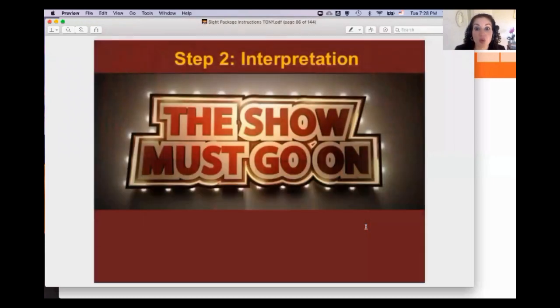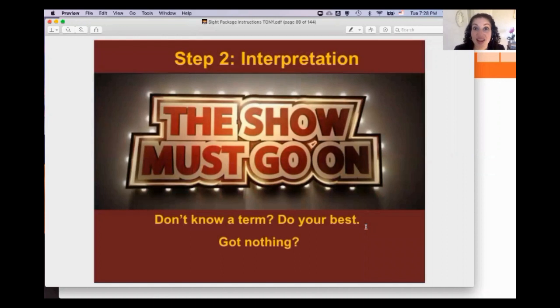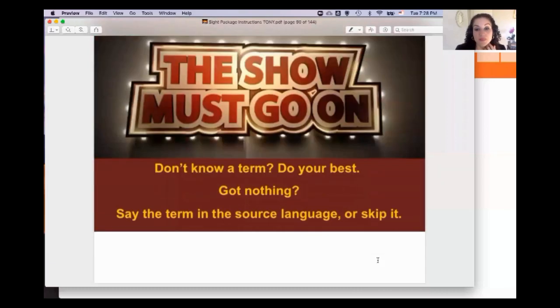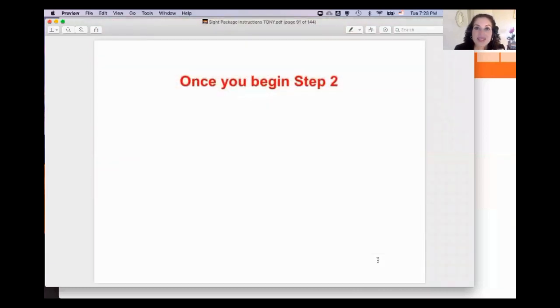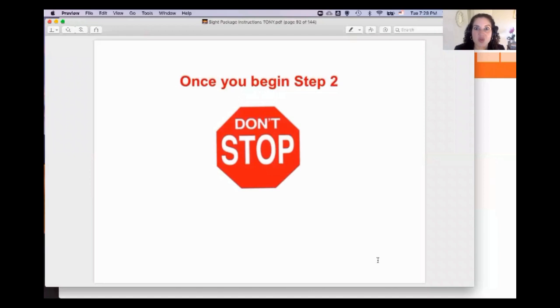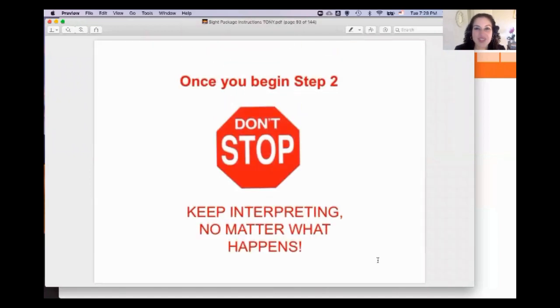Once you begin interpreting, it's showtime. Don't stop no matter what. The show must go on, okay? If you don't know a term, you do your best. If you've got nothing, you say it in the source language, just the way it's written, or you skip it. But once you begin step 2, don't stop. Keep interpreting no matter what happens. That's how you're going to get to that level,